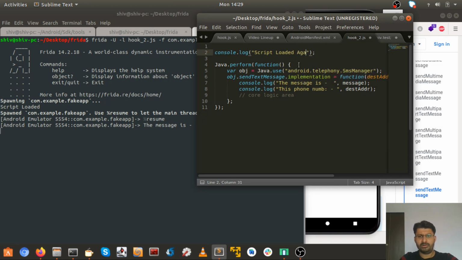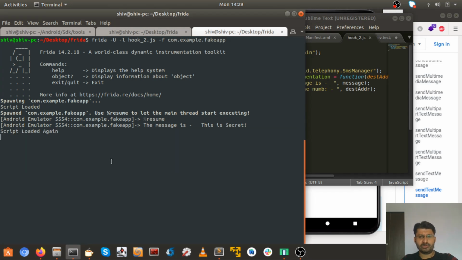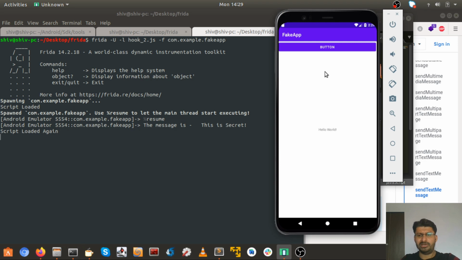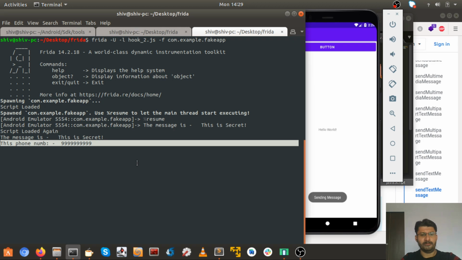As soon as I save this, you'll see the change over here. I saved it and script loaded again. That's the cool part. We don't need to apply the whole script or rerun the app. As soon as I press the button, it will give me this is the secret and this is the phone number.